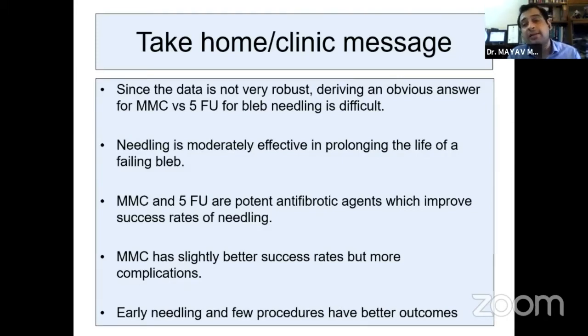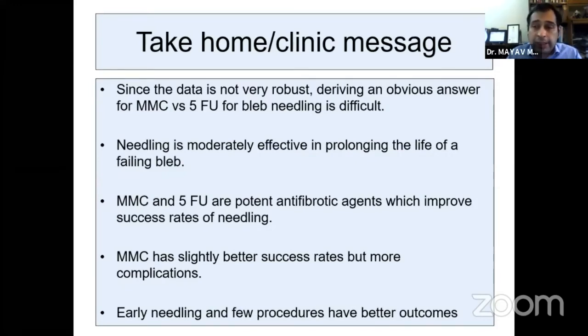Ideally it should be injected, I think, 5 to 10 minutes earlier compared to needling, so that there is enough time for absorption, so that when you start needling, there is no chance for the mitomycin C to go directly into the anterior chamber at that point of time and cause issues with either corneal endothelial damage or ciliary body toxicity, which can be extremely dangerous and can cause large visual morbidity in such patients, and we should be careful of that.